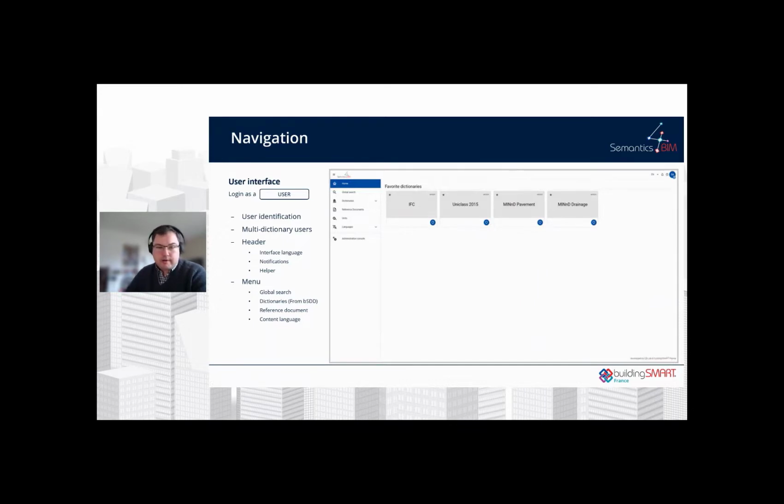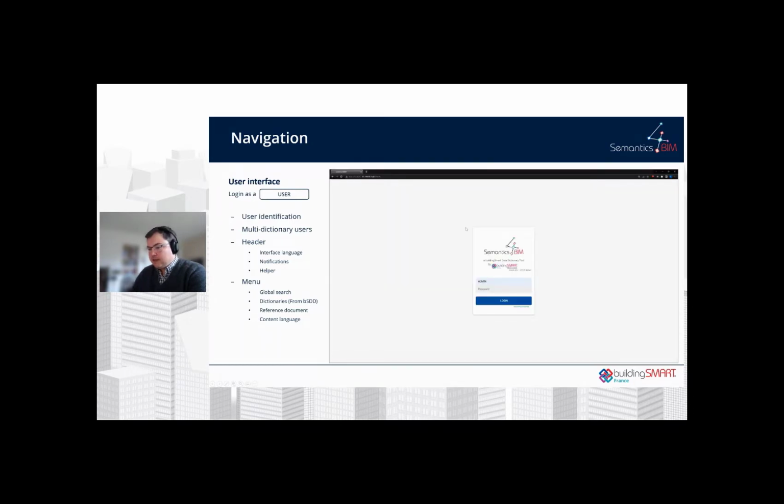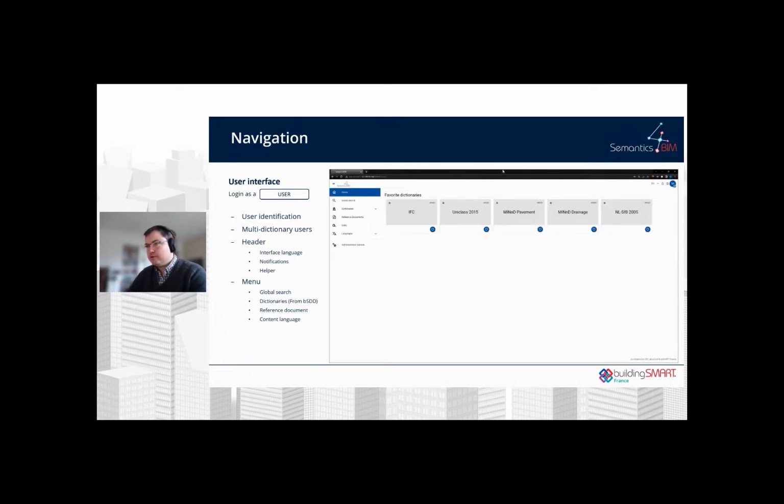I'm going to show you the functionalities of our tool. So I will log in here as an administrator, but it's more as a simple user for this example. The dictionary and the user access, it is of course for multi-dictionary use.